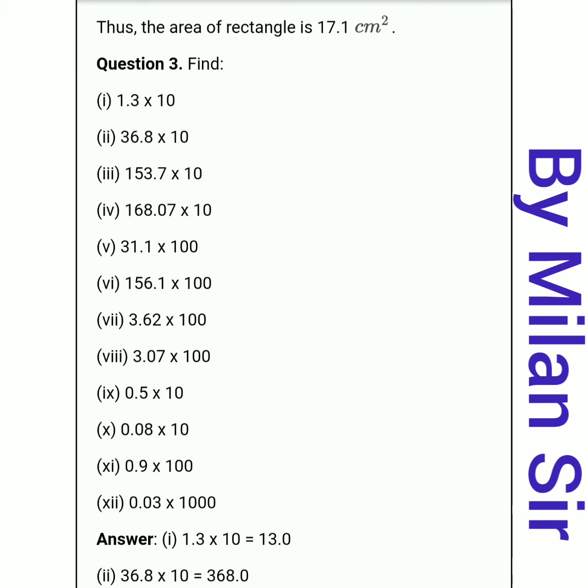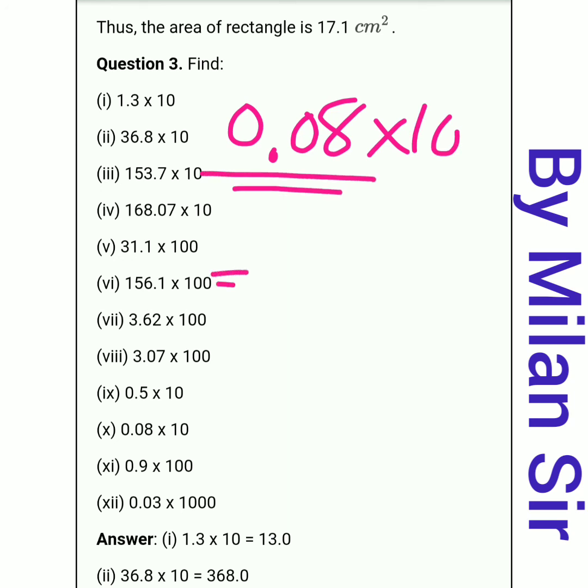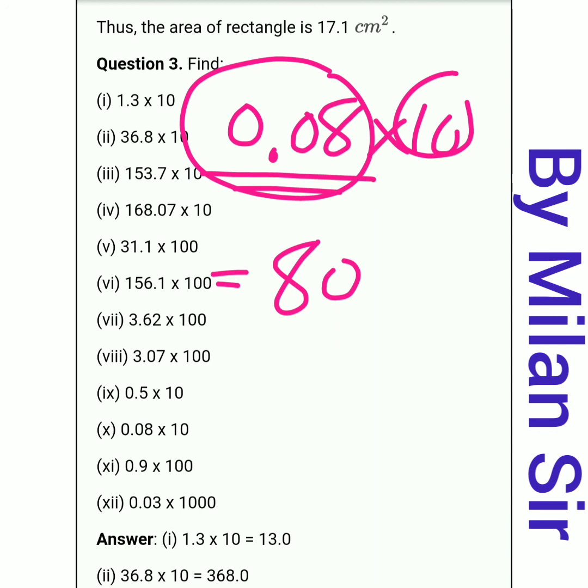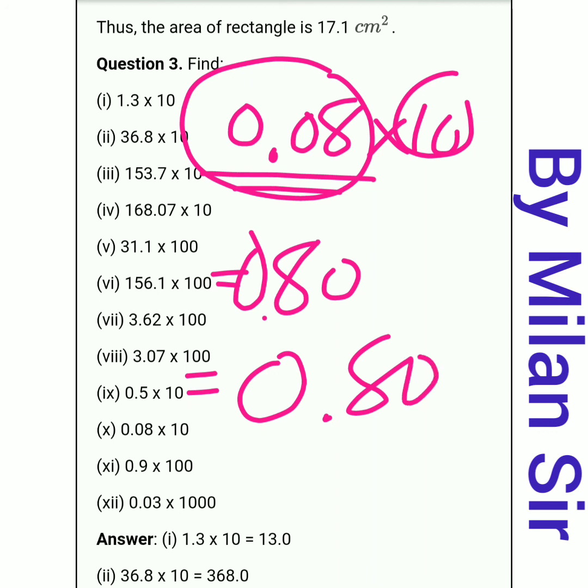Okay. Then question number 10: 0.08 multiply 10. So ignore the decimal point. That means 008. It is 8 only. Multiply by 10. So 80. Here before two digits we have the decimal point. So in the answer even before two digits we need to put the decimal point. So here the decimal point, and before that nothing is there. So 0, that means 0.80. Before two digits we need to put the decimal point. So before that nothing is remaining. So 0.80.